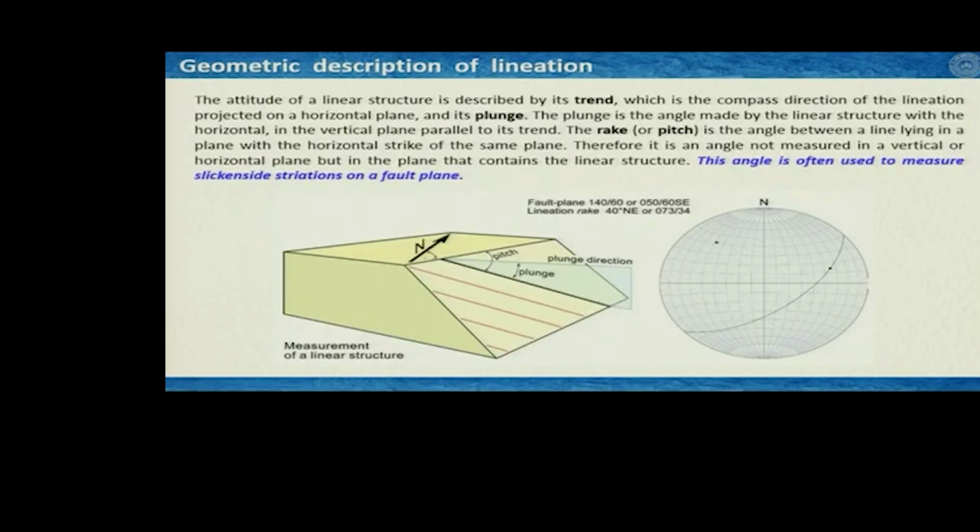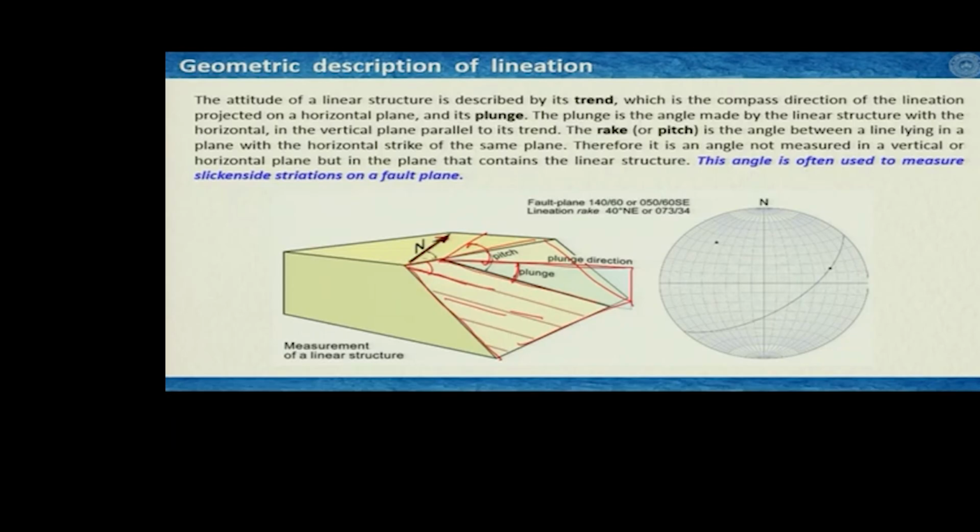Now, this we have also learned, I just wanted to review that this is a plane, and in this plane, if I consider this as a plane, and if this is north, and if these are linear features, then this angle that you measure on the vertical plane is the plunge of the lineation. Then with respect to north, if you measure it on the horizontal plane, this is the trend of the lineation, and if you measure this angle of the lineation on this plane itself, then it gives you